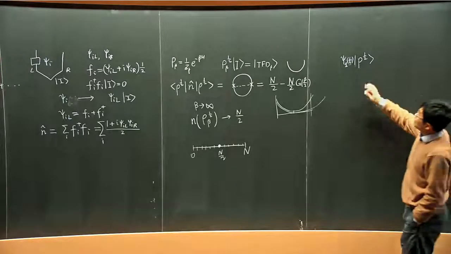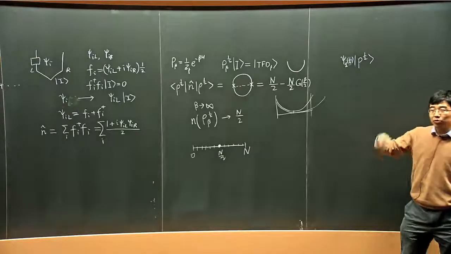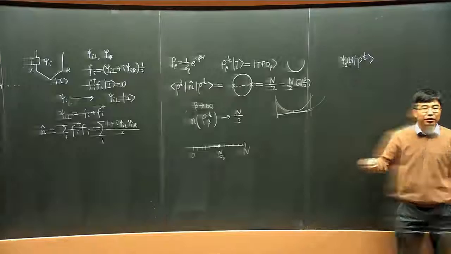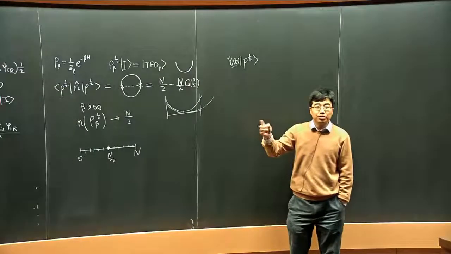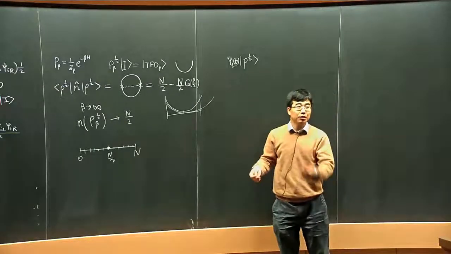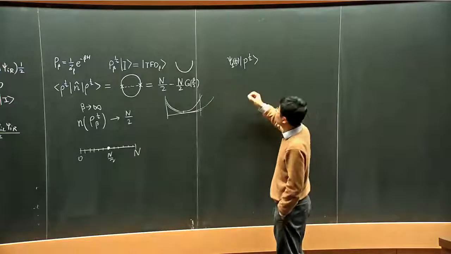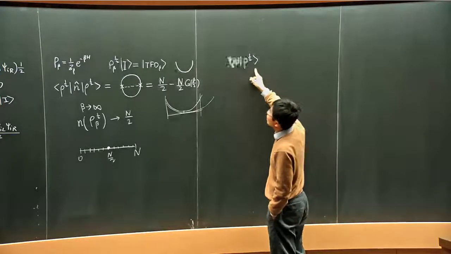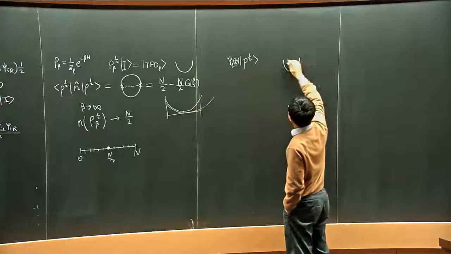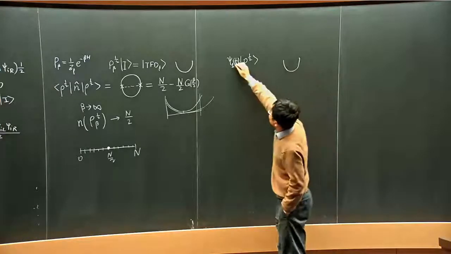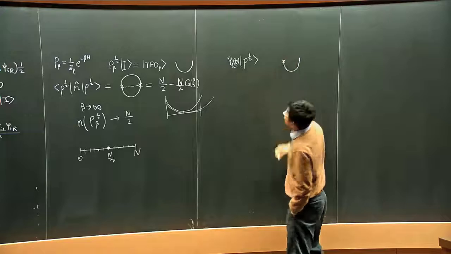So the reason why we consider this is obviously we want to make connection to the out-of-time-order correlation function, and this is like how, in the bulk picture, you shoot in some particle and look at its overlap with some final states. Okay, so this in terms of the picture is just I have the thermofield double, and then let's say this is left, and then I apply some operator here.